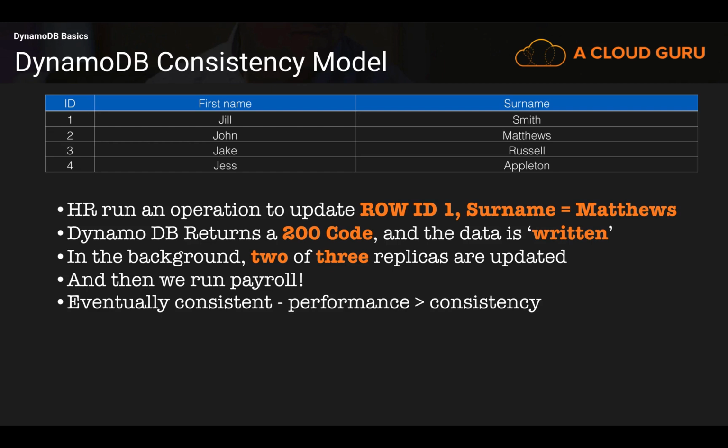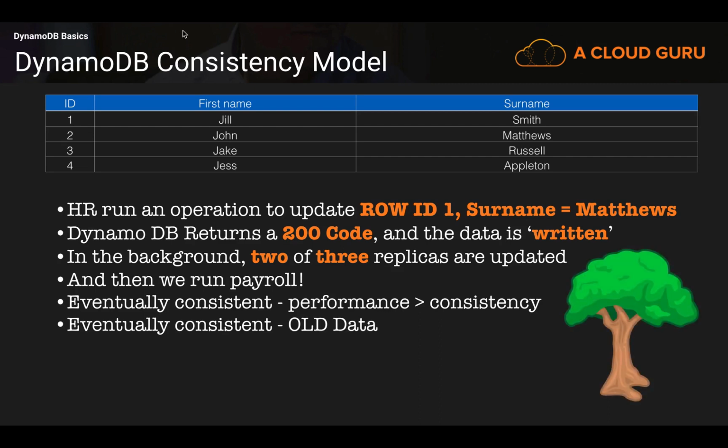The first is that the read operation runs in its default eventually consistent mode. It consults the most available storage location, and it's the one which hasn't been updated. DynamoDB returns the old data, and one more tree has to die when Jill's payslip has to be reprinted, which